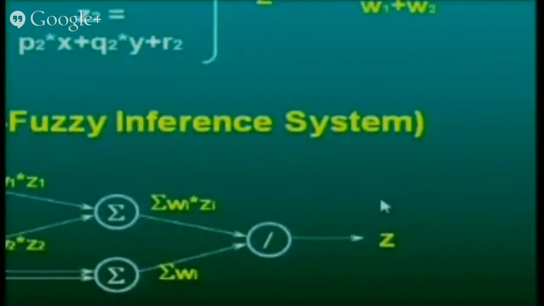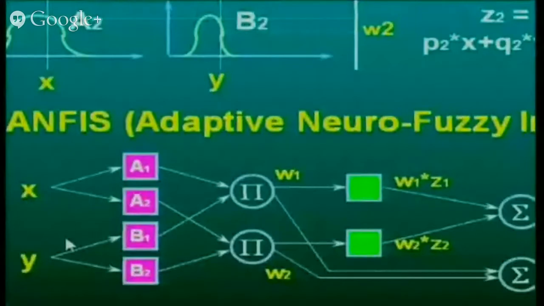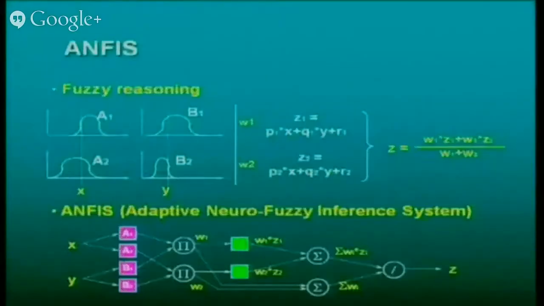So this is a neural network structure only. The only thing is, here the weights are defined using fuzzy logic. So that's why we say it is an adaptive neuro-fuzzy inference system. Okay, so this is the general idea, you got it. This might give you a better result because the weights are defined by the fuzzy logic here. It might give you a better result than a neural network. So in the neural network model that I told you about earlier, put the fuzzy model in the same place and see how much better the result it is giving.